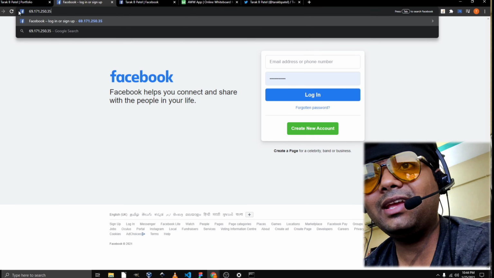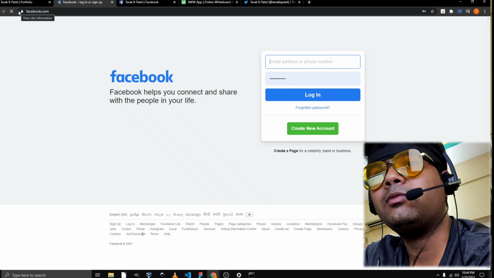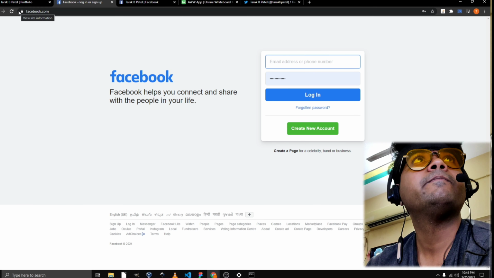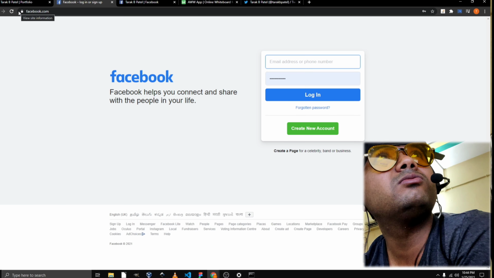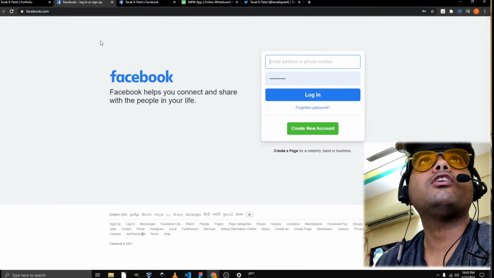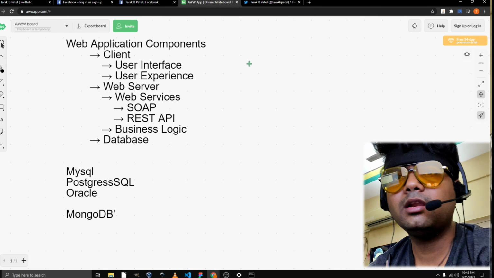So this is where we query our details. facebook.com is the name given to that web address, and this is stored in the name server. So domain name service is where all this information is stored. You can buy a domain from GoDaddy, and there are a lot of different services available. In detail, for the front-end web developer, I'll be making the next video, which will cover everything related to the front-end web developer.